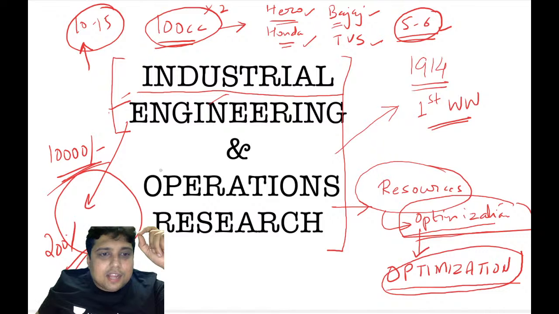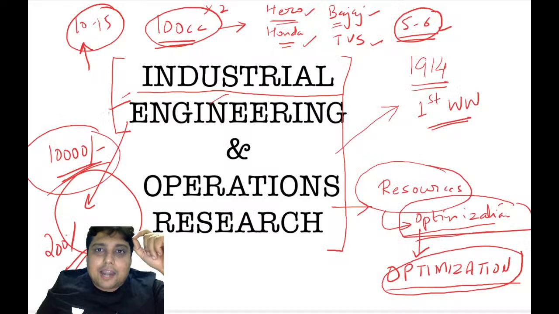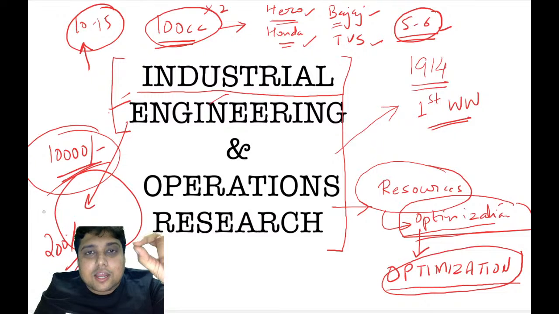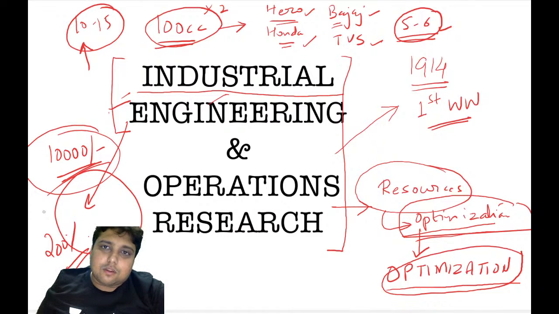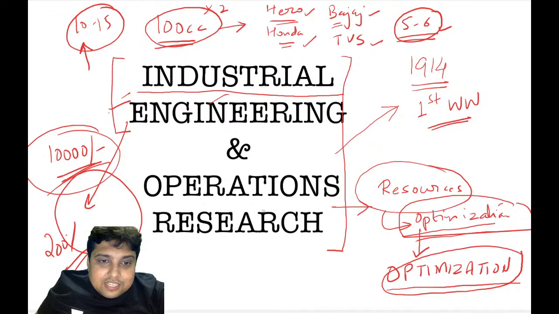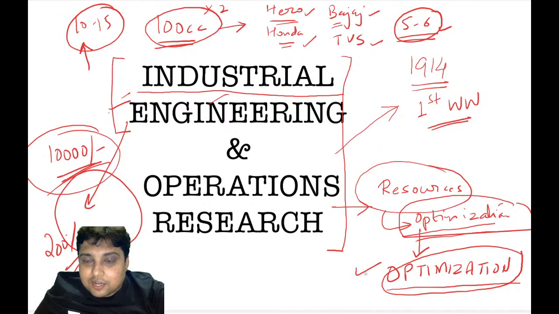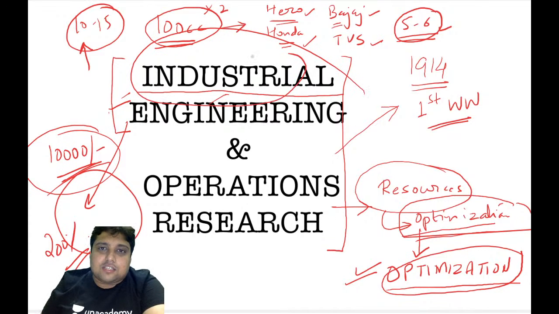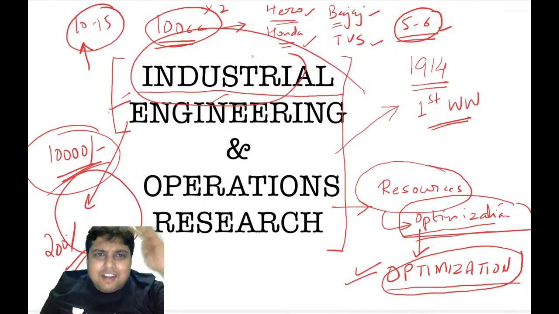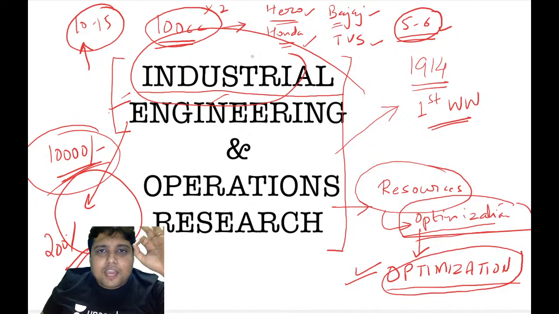Because you know what, they can't sell the phone for more than 10,000, and by producing fewer phones in the same duration as compared to the other one in the competition, they are losing money. And they are losing business. So operations research, as I said, is all about optimization of resources. These industries have to optimize their resources. Whatever resources they have, time, money, infrastructure, labor, human resource, transport, whatever they are doing, they will have to make sure they do it in the best possible way.